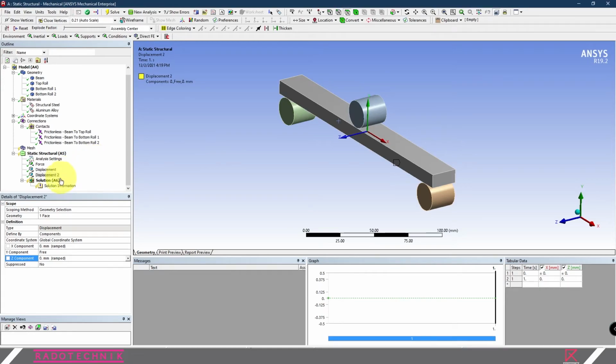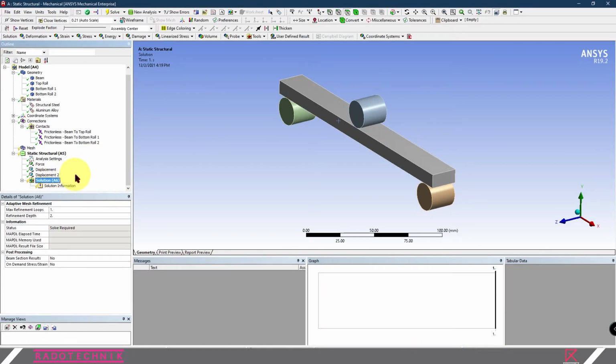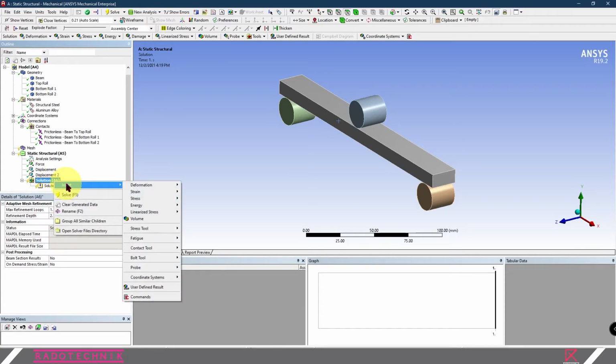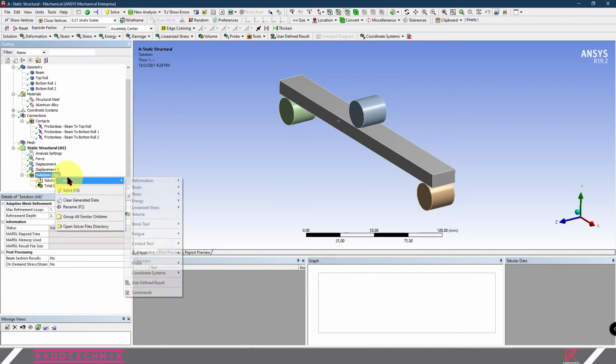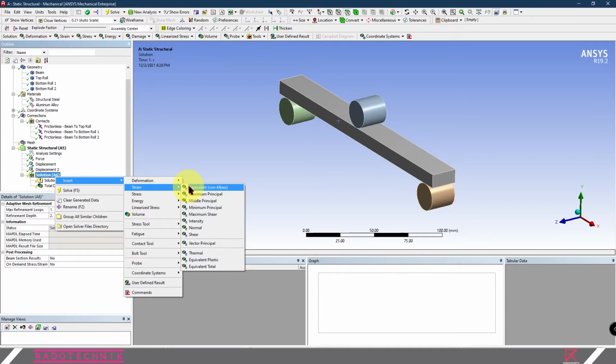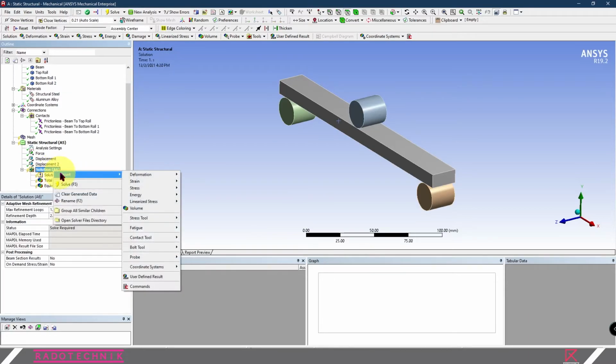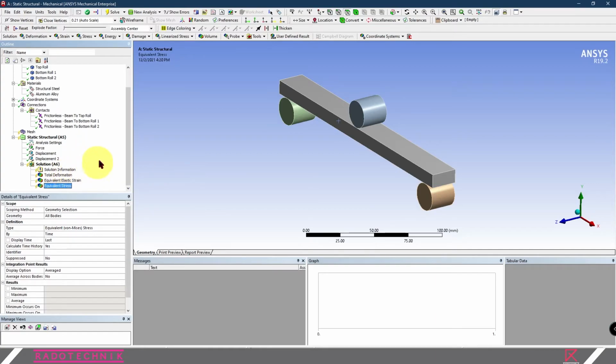Then you need to set up or insert your solution. Go to the solution and right click, select Insert Deformation Total, right click Insert Strain Equivalent von Mises, right click Insert Stress Equivalent von Mises. In this setting, you want to define the geometry of all of your solutions manually.